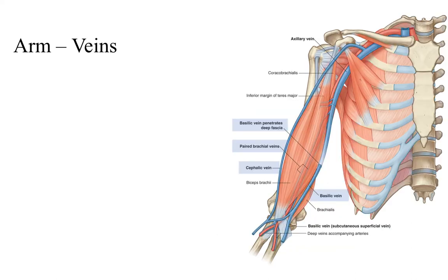Okay, as for the veins of the arm, we generally said that veins will follow the course and the name of the major arteries. Where that is not true is this basilic vein here and the cephalic vein here, basilic being medial, cephalic being lateral. But if you look at the brachial artery, you have that vena comitantes situation where the brachial artery has two brachial veins running on either side of it deep within the muscle. And you see that up here with the profunda artery too, so you're going to have the profunda veins coursing